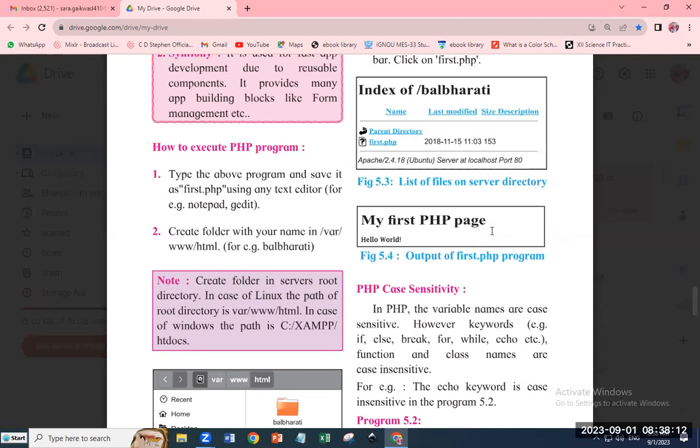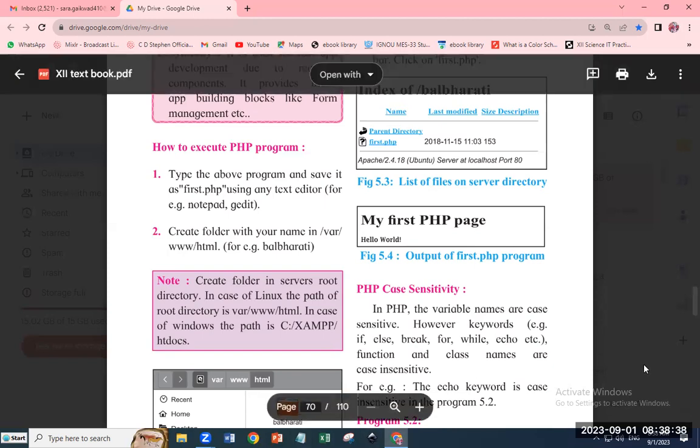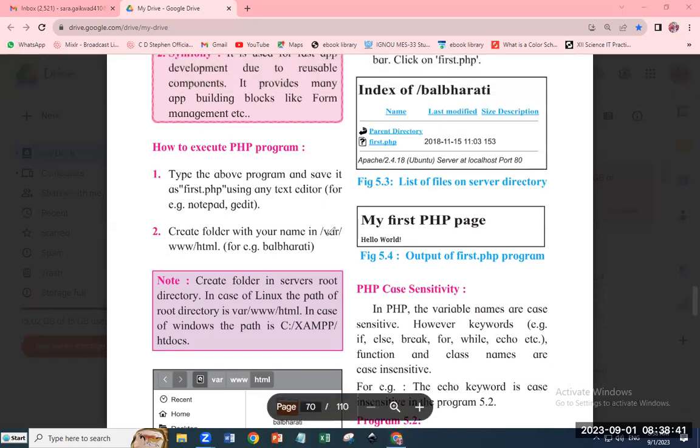For example, Notepad or gedit. I basically write in Notepad only, or Notepad++ is also very useful for writing the PHP program. Create a folder with your name in, very important here, in